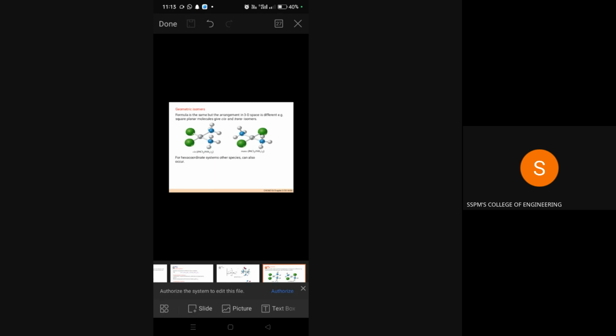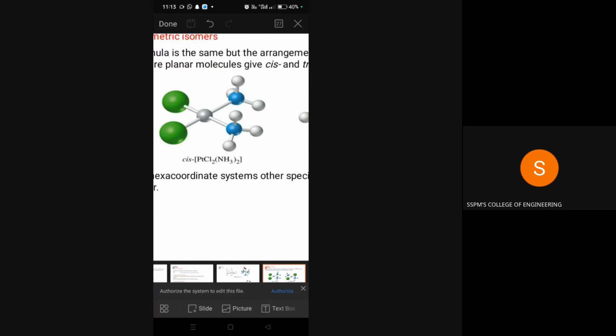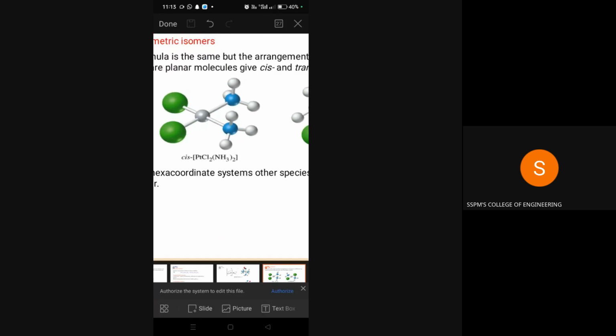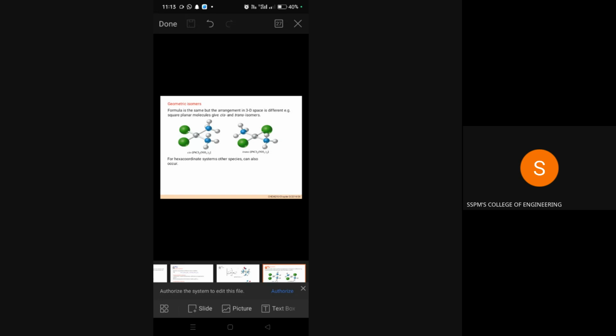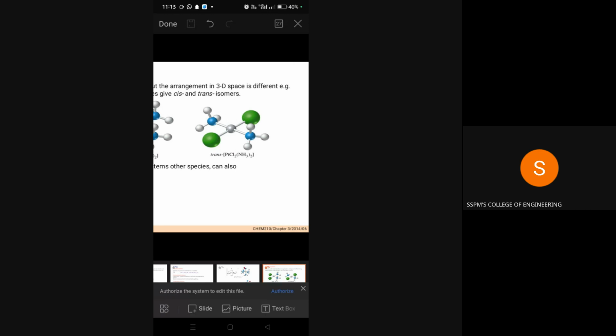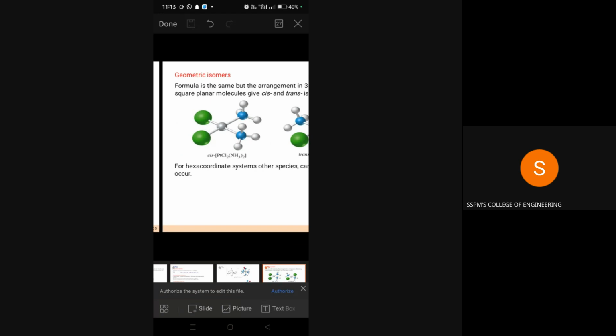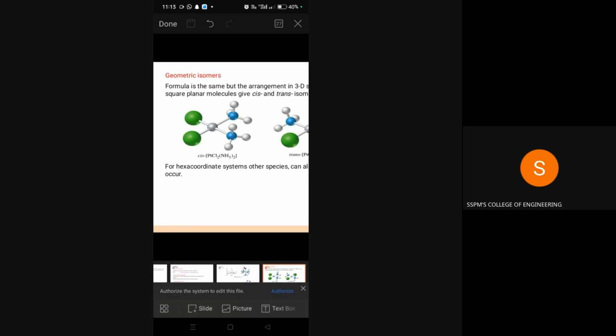Cis means what? Similar atoms are attached to same types. जे स्पेस मध्ये सीस मध्ये बघा ग्रीन कलरचे ॲटम आहेत, दे आर प्रेझेंट ऑन सेम साइड ऑफ द डबल बॉन्ड, सेम साइड ऑफ दॅट सेंट्रल मेटल आयन. इथे पण बघा सेंट्रल मेटल आयन्सला जर जे लिगॅन्ड अटॅच आहेत, म्हणजे जे ग्रीन कलरचे आहेत दॅट इज क्लोरीन, आणि ब्ल्यू कलरचं जे आहे ते NH3 आहे. सेम साइडला अटॅच असतील, क्लोरीन क्लोरीन एकाच साइडला असेल आणि मध्ये जर सेंट्रल मेटल आयन असेल